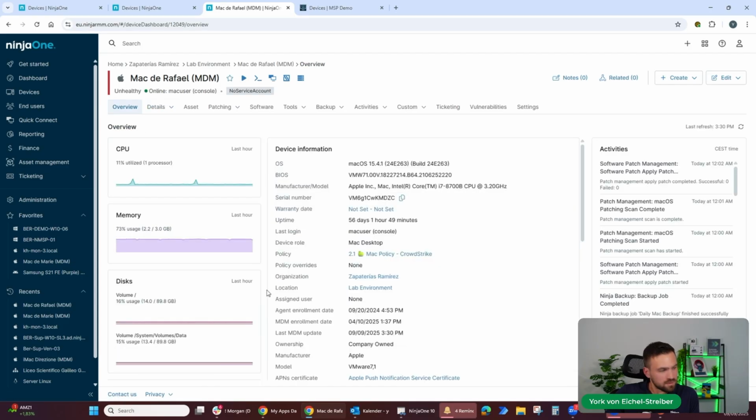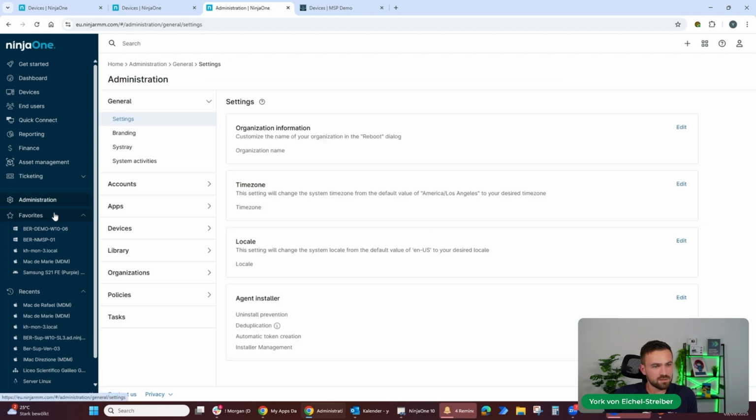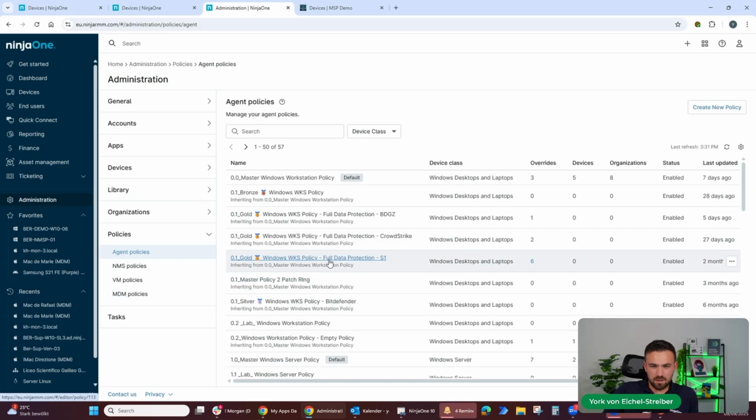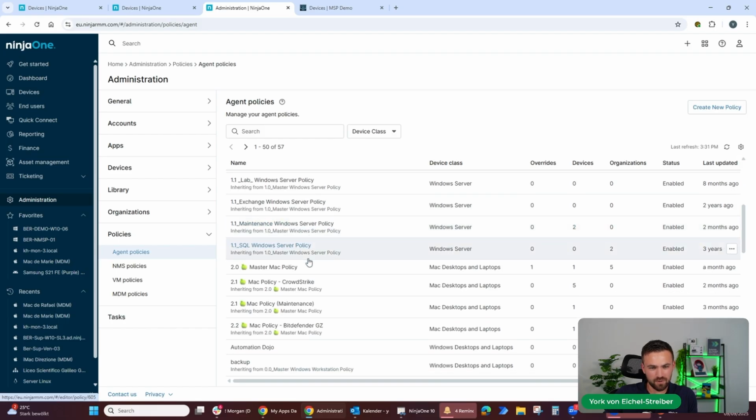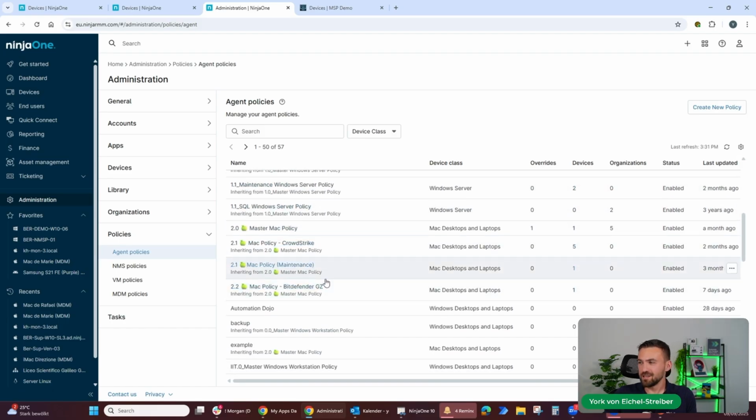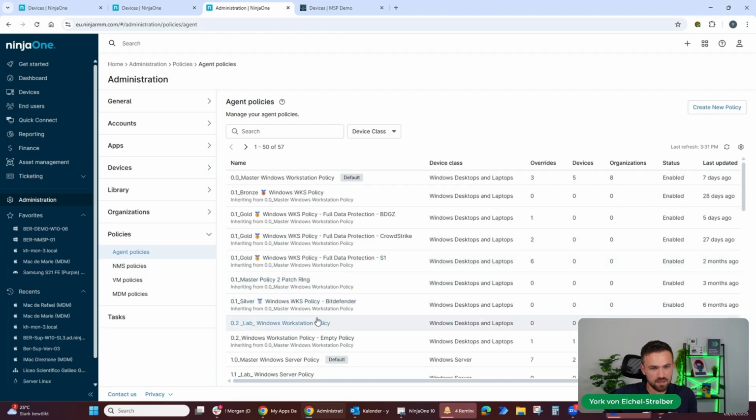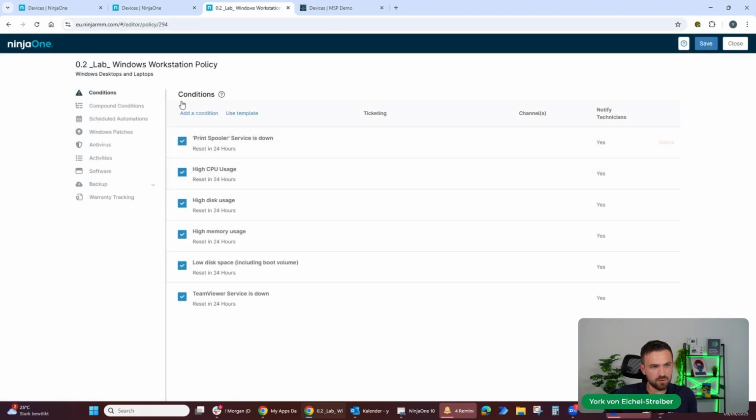So now we go to the next line item, which is the compound conditions. We go into administration and we go back to the policies and we go, sorry, I expect there to be a lot of customers here, so I go just through the tool without explaining all the context. But yeah, I hope everyone that is not a customer will create a test account and then play around with it. Anyways, let's take here a Windows policy